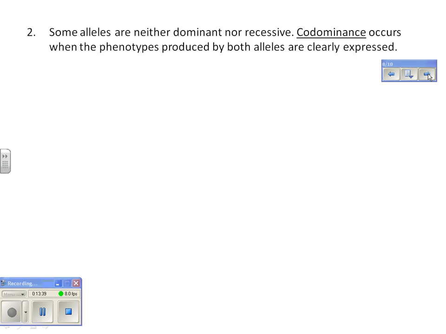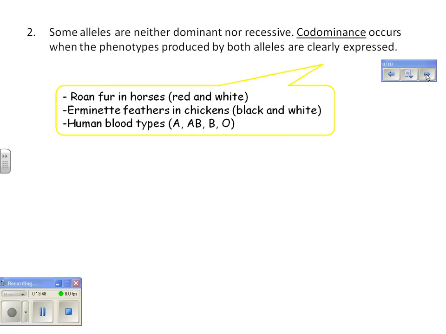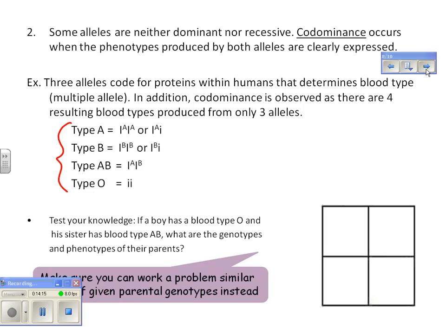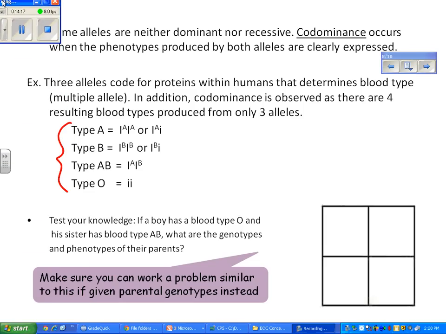The next example here is codominance. And basically that's going to be when the phenotype is produced by both alleles being clearly expressed. Common examples: roan fur in horses, permanent feathers in chicken, and human blood types. If we look at a human blood type question, we will see that these are our human blood types here, and they are definitely going to have multiple alleles since we have 3 options here, which produce 4 blood types. And if you look at our blood typing,